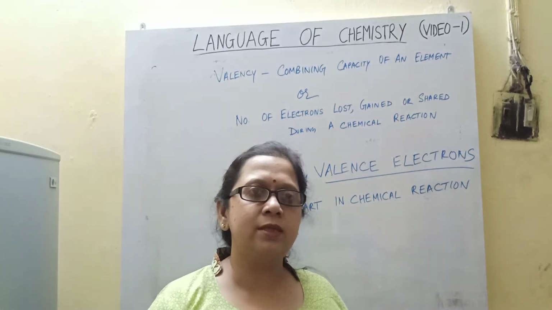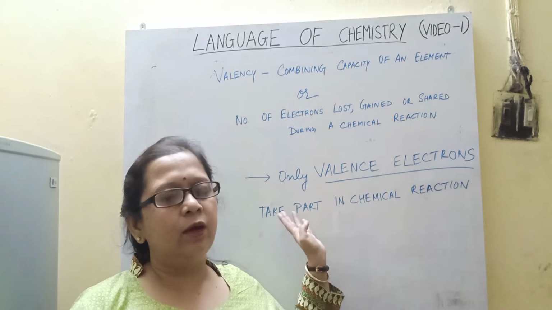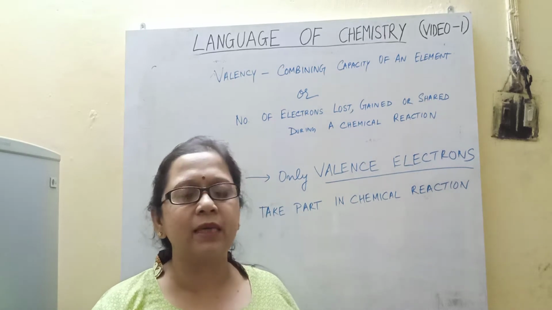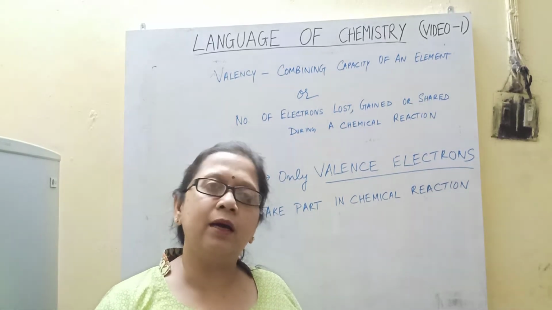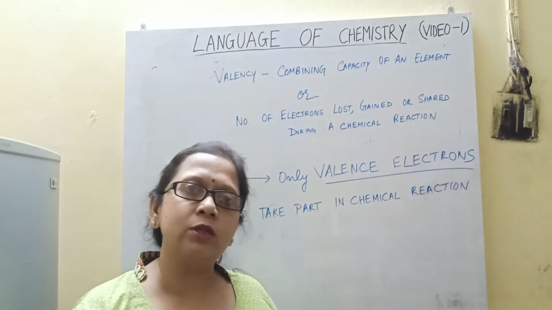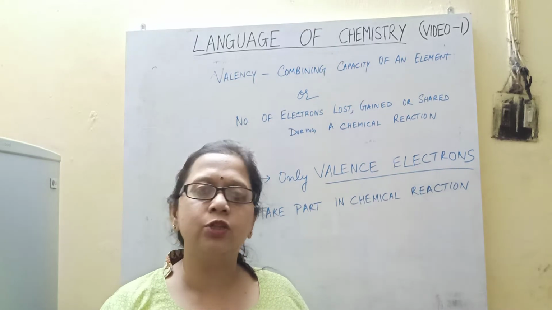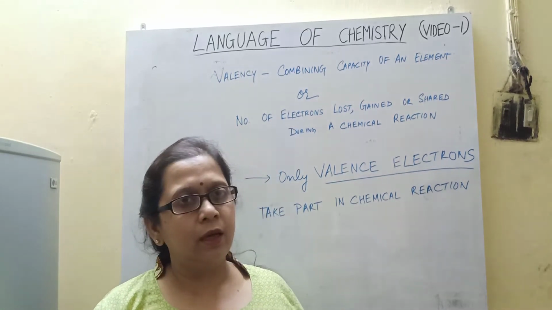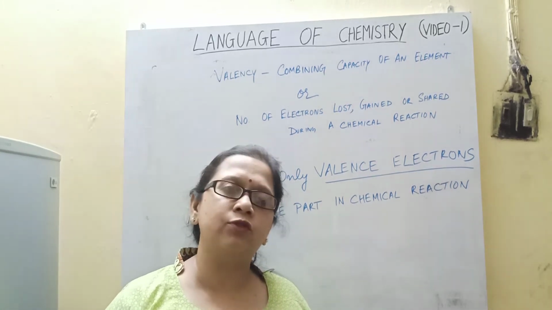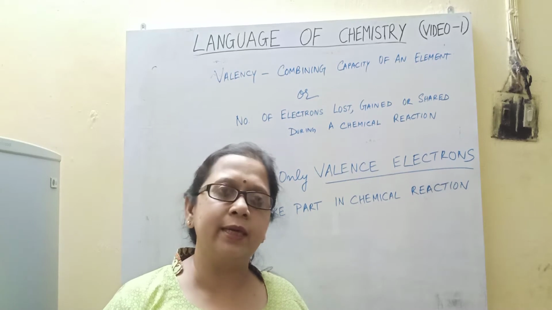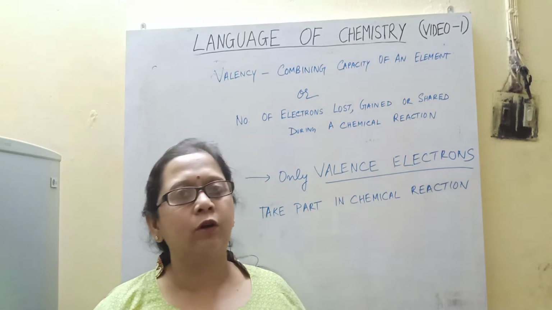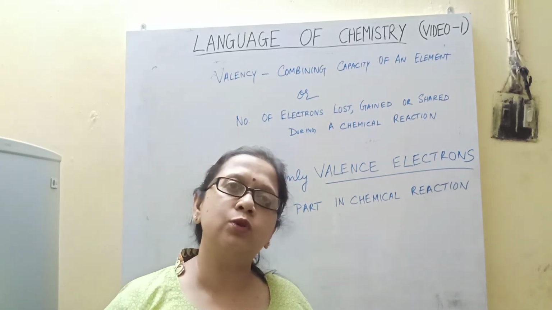Now, students, what is valency? You have studied before that valency can be defined as the combining capacity of an element. The other way of defining valency is the number of electrons lost, gained or shared during a chemical reaction. Now, why do elements have to lose, gain or share electrons? The motive is to attain a stable electronic configuration, or to have the outermost shell complete,